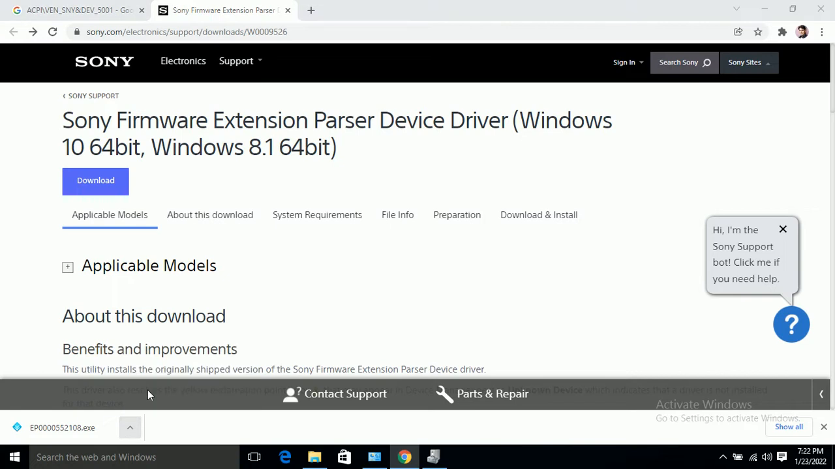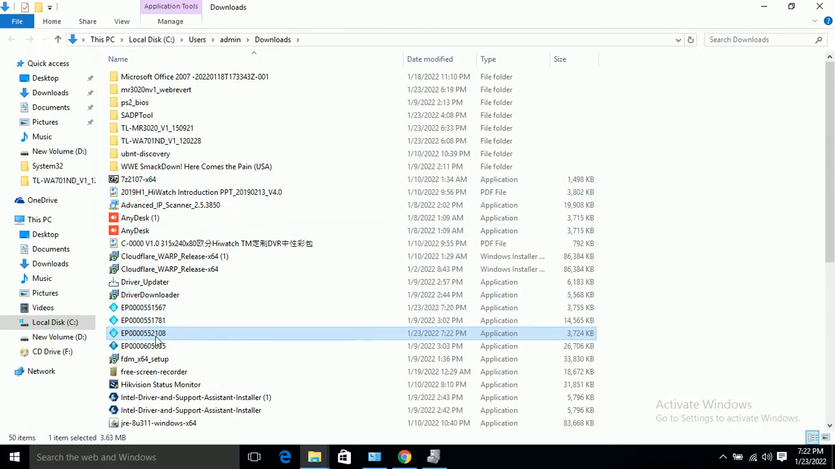This exe file is basically the driver file. Right click on it and run as administrator. The setup will start and the driver will